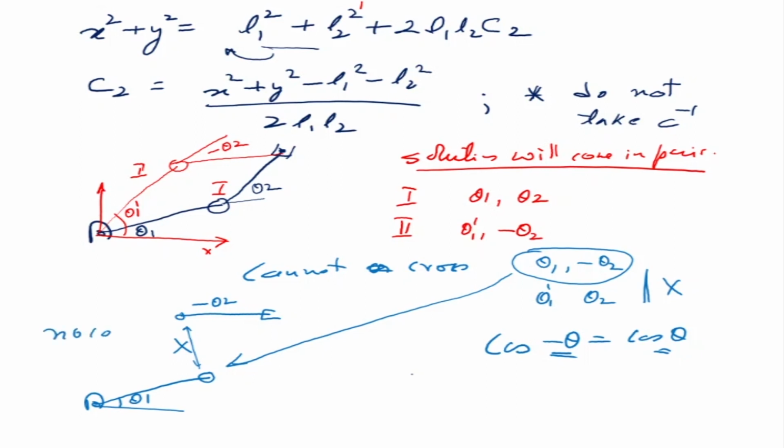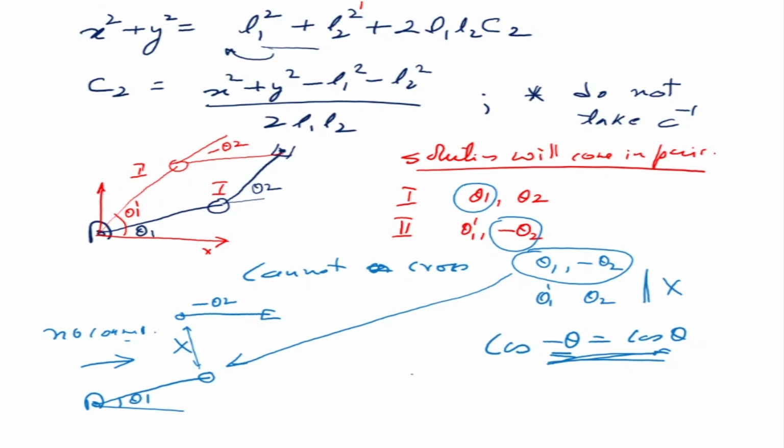So no connect. Now if you're writing a computer program or an algorithm to perform this computation, the computer program will not be able to make out this difference. By mistake, it can take this one and that one. In the real manipulator, you will end up with this situation. The program obviously cannot see, so although it is a mistake, the computer will not know that a mistake has been made.